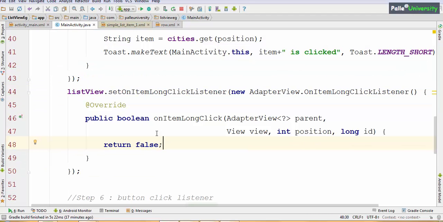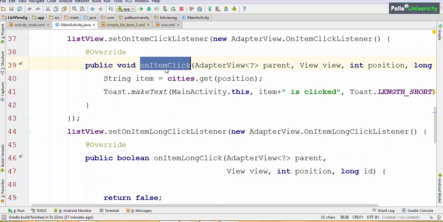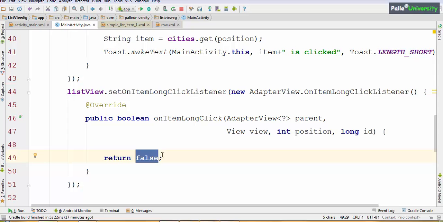Now, whatever you want to do when the user long clicks on the list view elements, you have to do within these curly braces. One more difference is there. For onItemClick, you don't have to return true or false. But for onItemLongClick, the return type is boolean. You have to return either true or false. Let me explain what this true or false is.